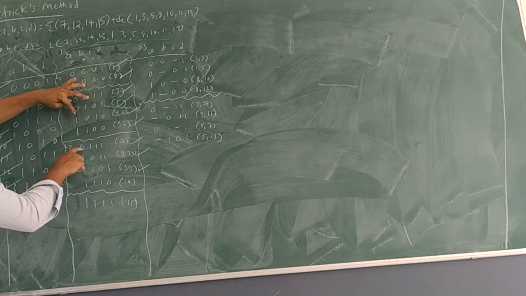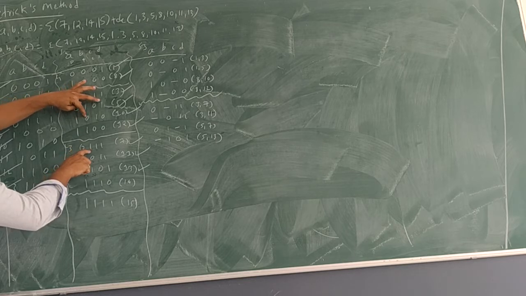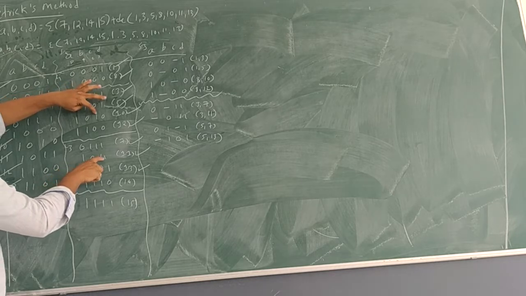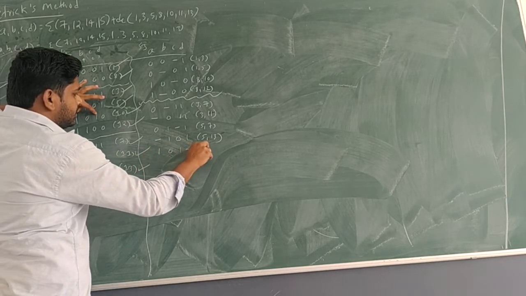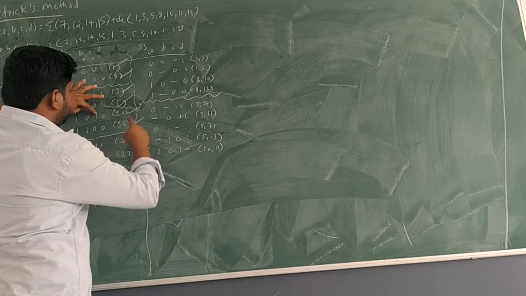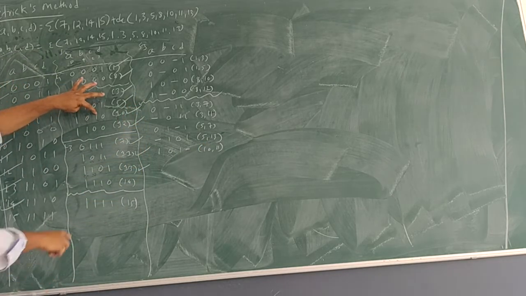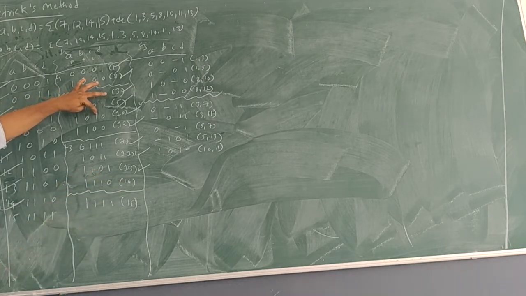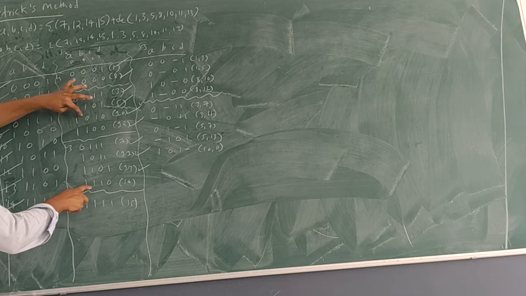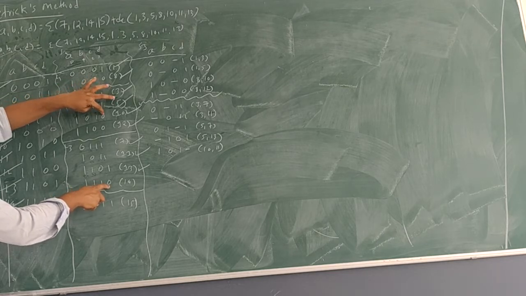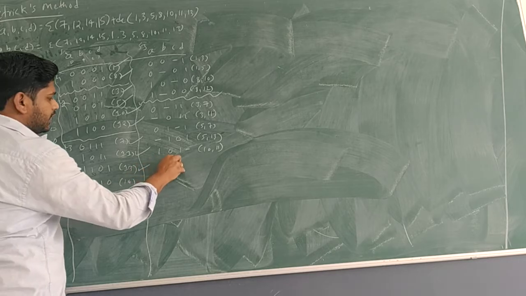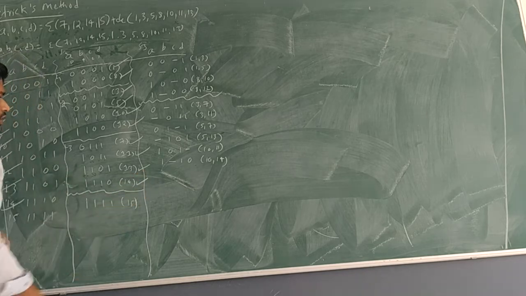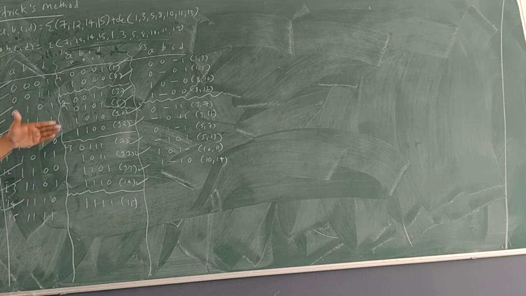10 7. So A is different, B is different. So cancel. 10 11. Hope it is possible. 101 hyphen 101 hyphen, that is 10 comma 11. 10 pass mark, 11 pass mark. 10 13, A same, B different, C different. So negate. So 10 14, A same, B different, C same, D same. 1 hyphen 10 1 hyphen 10, that is 10 comma 14. 14 also pass mark now. So that is with respect to 10.